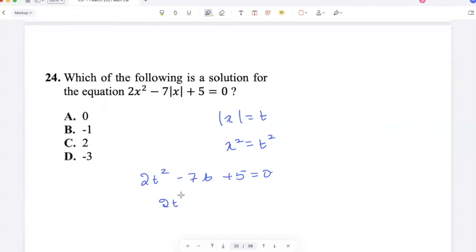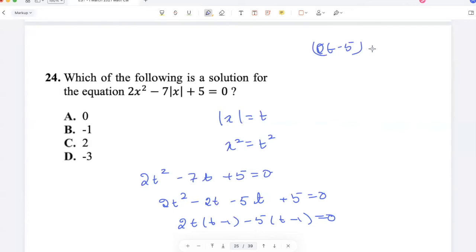So 2t squared minus 2t minus 5t plus 5 is 0. So 2t(t minus 1) minus 5(t minus 1) is 0. So (2t minus 5)(t minus 1) is 0. So t is 5 by 2